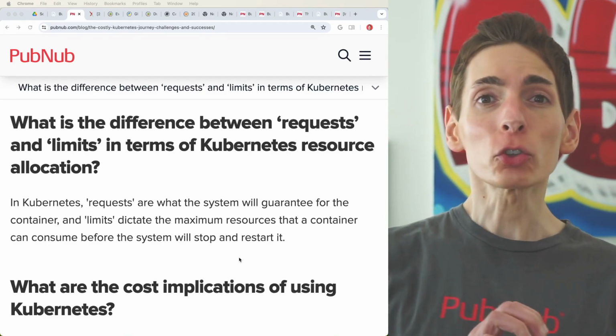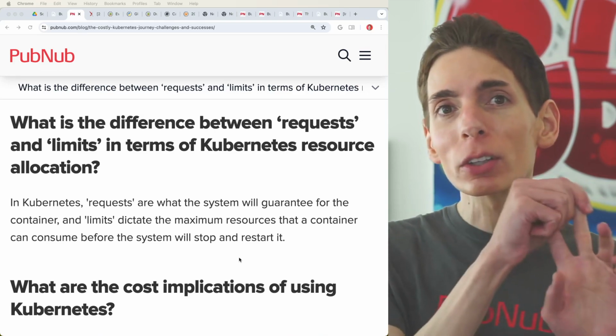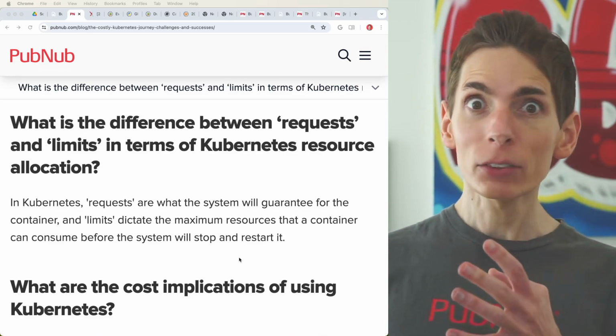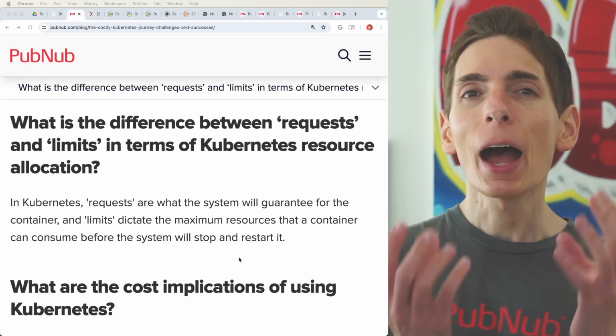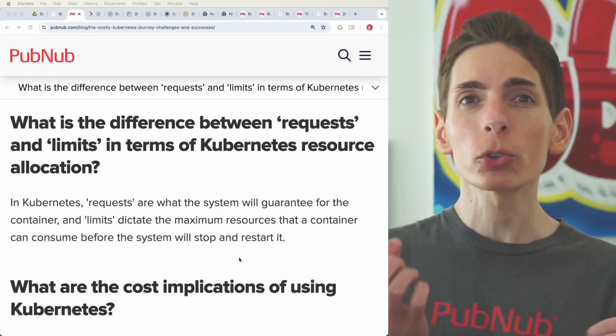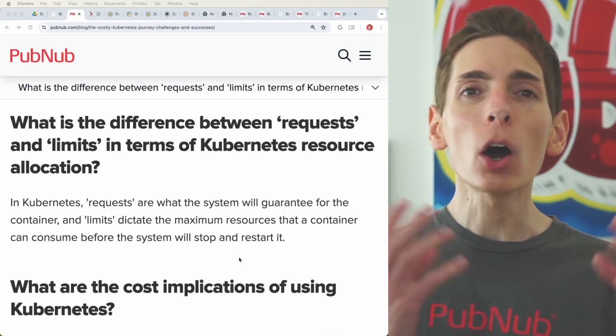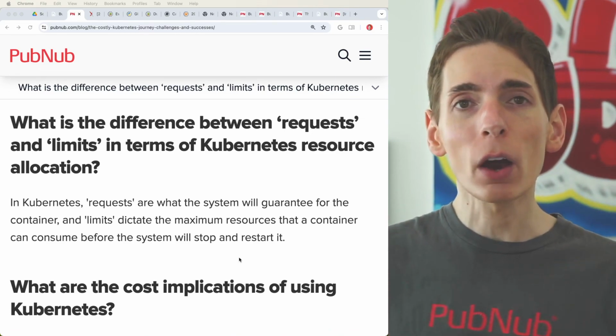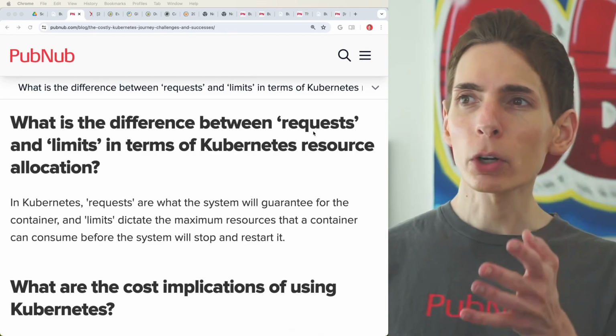In Kubernetes, there are 2 very critical resource allocations: requests and limits. They're separate configuration parameters. It's very necessary for us to understand how they work, especially with horizontal pod autoscaling, and also how they can hinder or improve the usage of the hardware across the system. So there's a requests